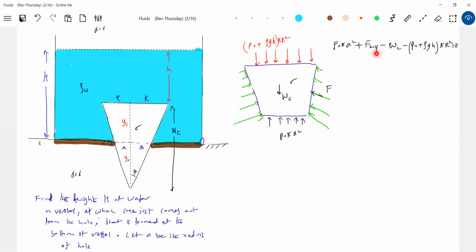Now, what is this H? This capital H is what we are asking. It will be h plus Y1. That is the unknown thing. Y1 and Y2 we can know and bring here. The weight of the cone we have information about. P naught pi a square is given. This h is the unknown thing which I have to determine. So how do we calculate this force F_y? Anybody? Volume. Can we take it? Because here the liquid will exert force here, no?